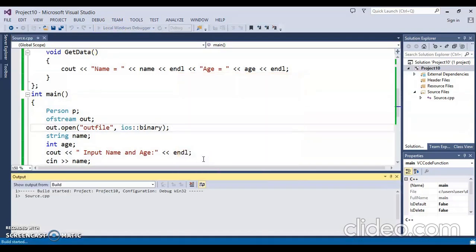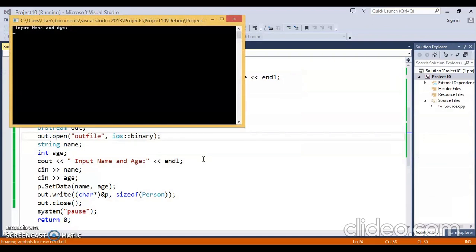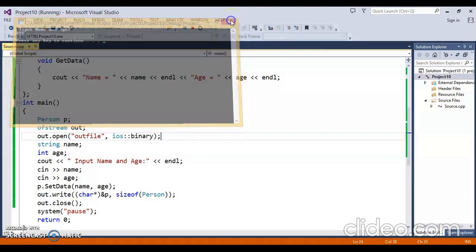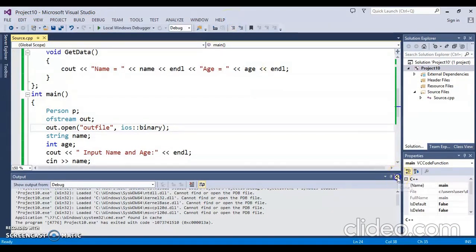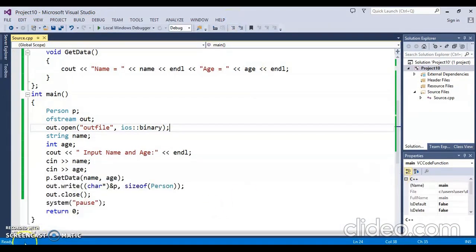Let's see what happened. So when we run this, it will ask us name and age. Let's say name is XYZ, age is 12. It will not show anything here because we have saved this to that file, and we are not getting it from the file. We didn't use any ifstream object. So now let's check